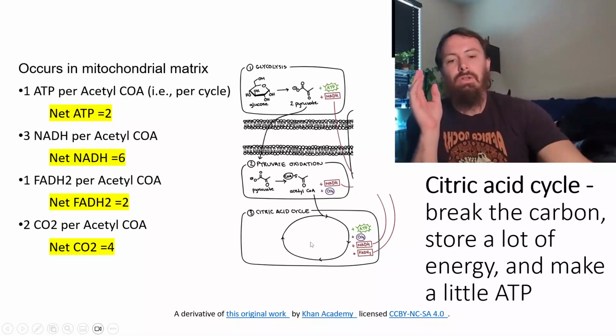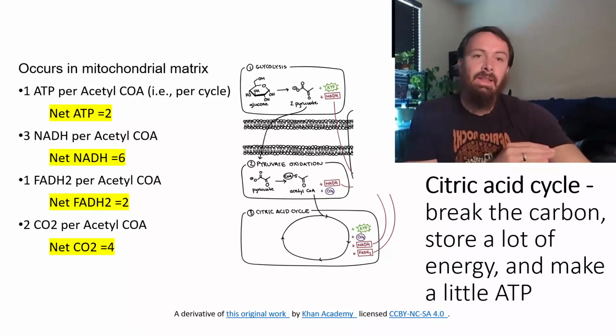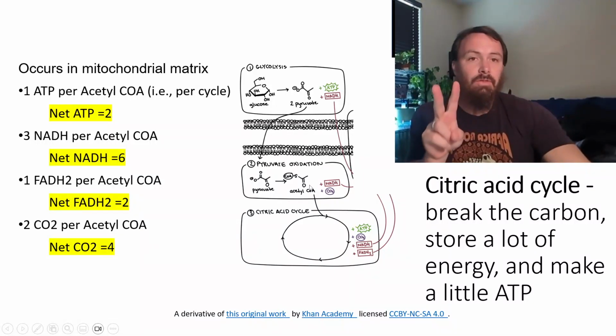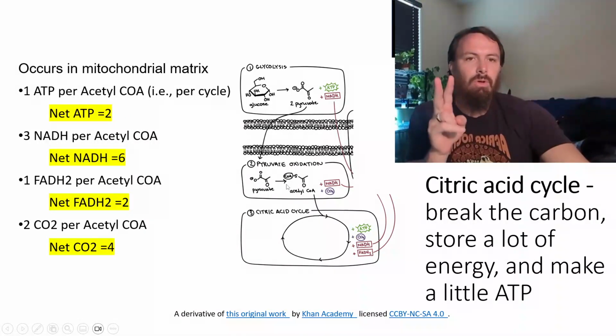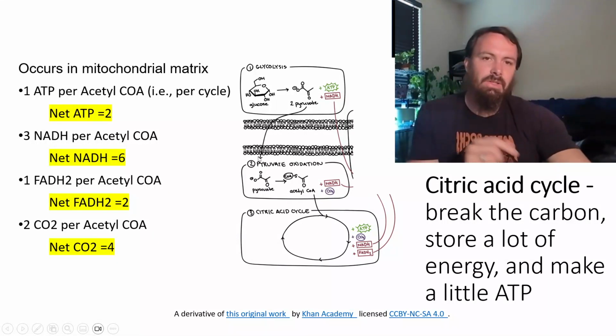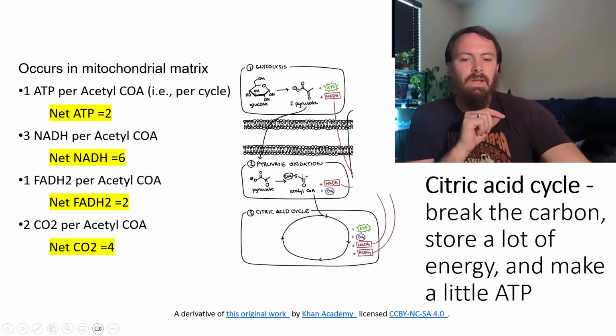You need to know the inputs and the outputs of it though. So you take acetyl-CoA. Remember, we have two of them because we had one glucose to 2 pyruvate. So 2 pyruvates here, each one makes acetyl-CoA, so we have 2 acetyl-CoAs. So for every glucose molecule, you get 2 rotations around the citric acid cycle. So that acetyl-CoA enters the citric acid cycle here, goes around it, and as a result, it's going to make